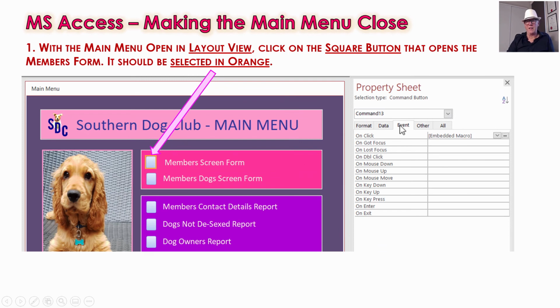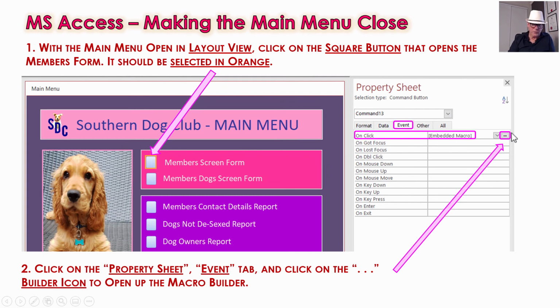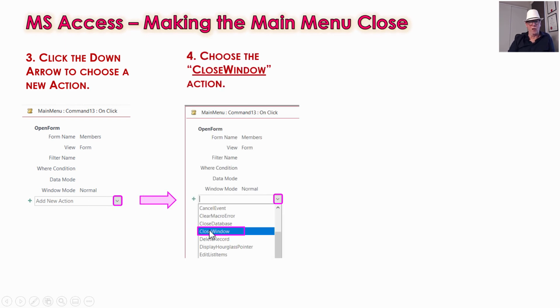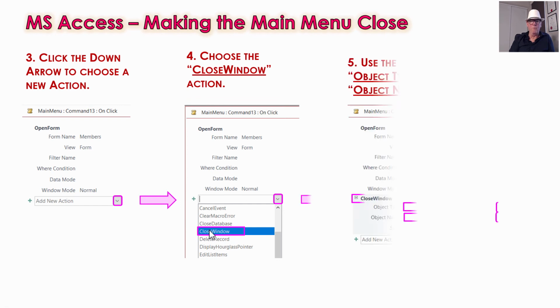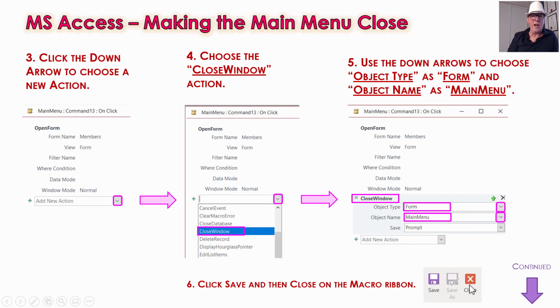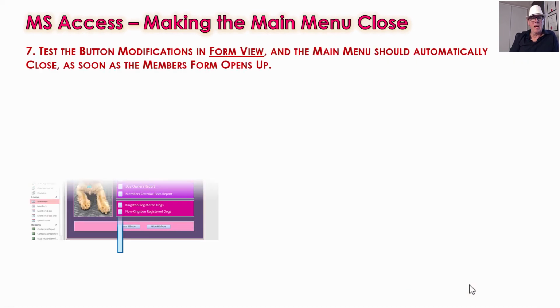So how we do that is just click on that button in layout view, so it's selected in orange. Go to the event tab, all right, click on your triple dots, go into the macro builder. Now in the macro builder, we've already got our open form. Don't change that, leave it as it is, it's working perfectly. But see, there's a plus sign and a box here to add another action. So click that down arrow, and the action we need is a close window action, because we want to close up a form, and make sure the form that we're closing isn't the members form, it's the main menu form, okay? So you need to set up that close window with these drop down arrows as closing a form. We want to close the main menu, and then of course up the top do the usual save and close on the macro ribbon to save what we've just done,